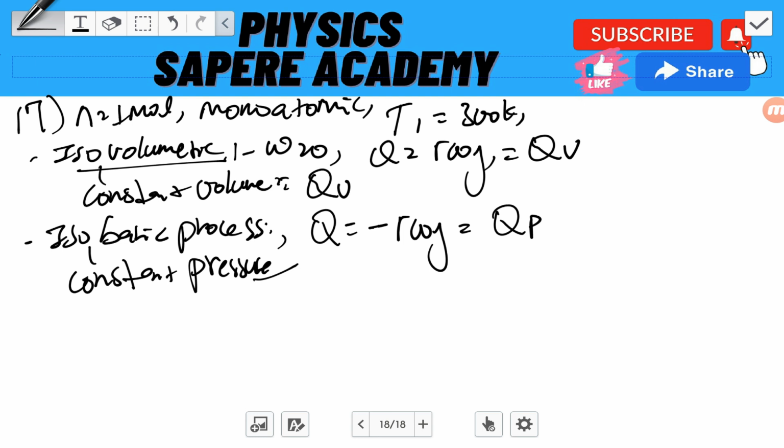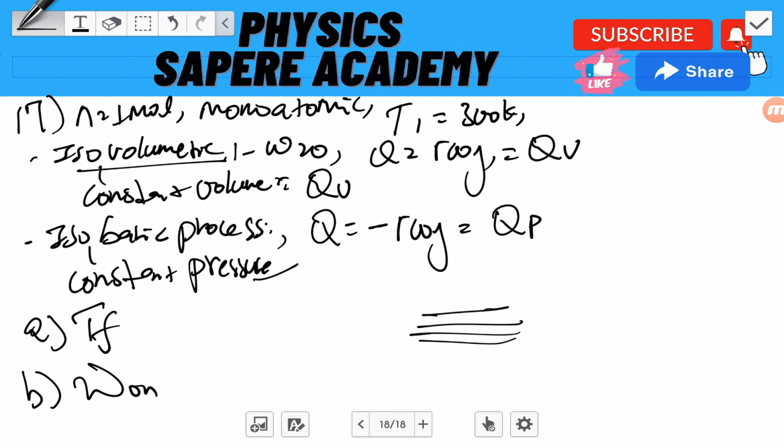From this, A: what is the final temperature of the system, and B: what is the work done on the system. Now this gas first has heat at constant volume, and then an isobaric process at constant pressure, and the final temperature must equal